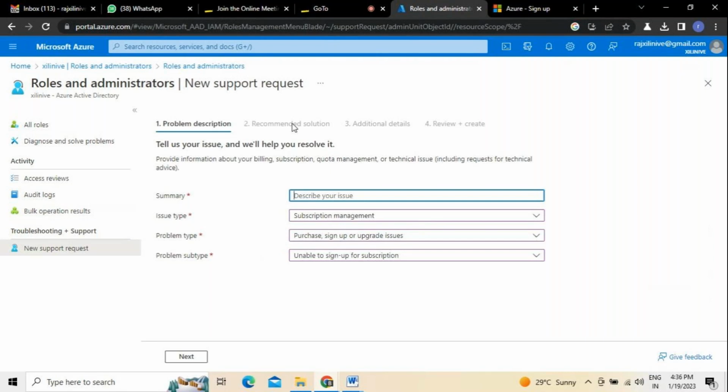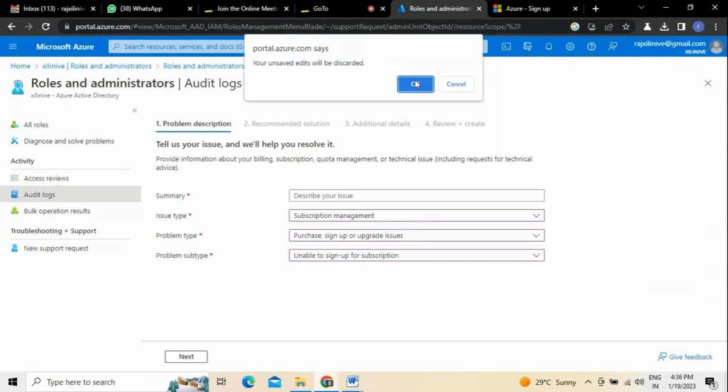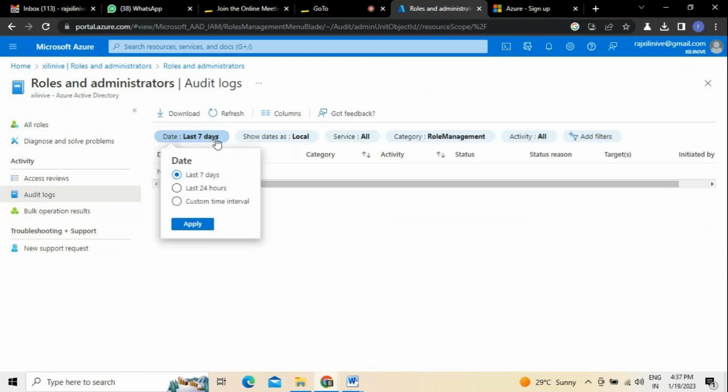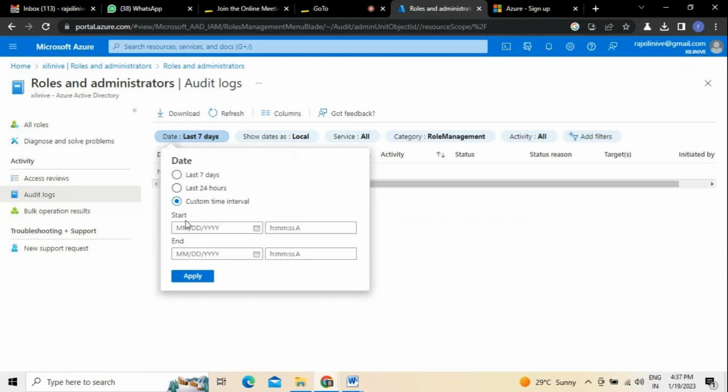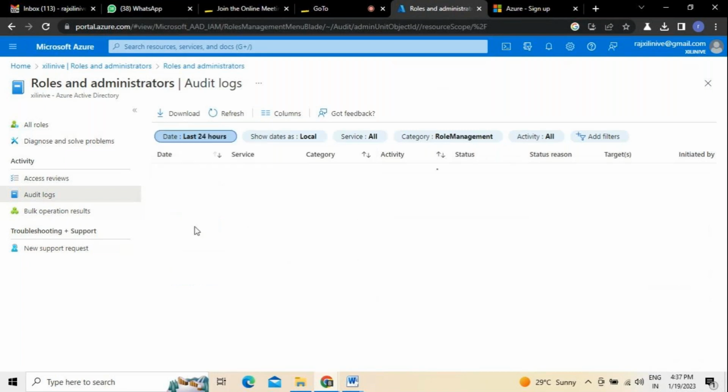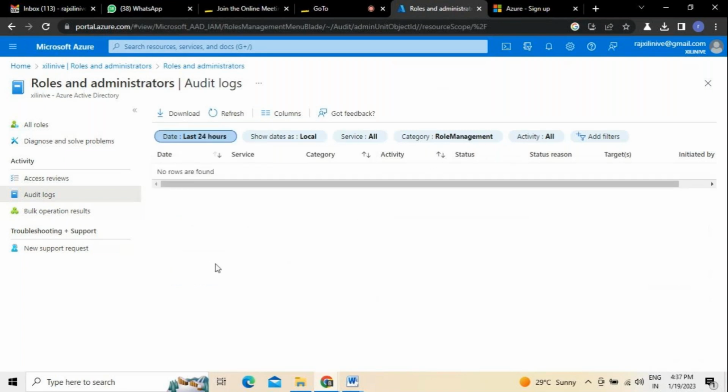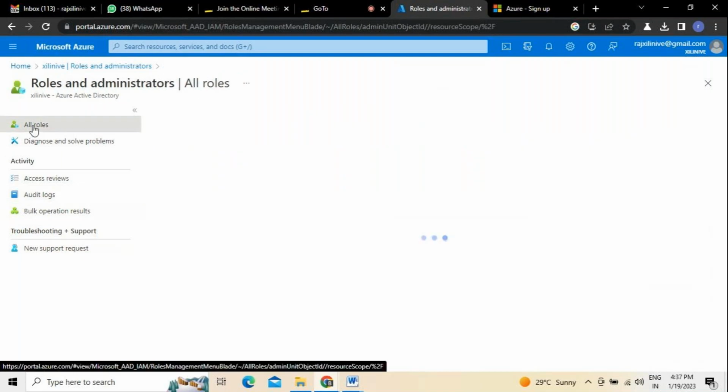So this is the overall administrative services on a high-level note, which I'm explaining in today's session: the roles and responsibilities you are going to perform as an administrator, how access reviews are to be performed, and how audit logs will be used accordingly in the last 7 days or the last 24 hours. All these things can be seen here. This is how the administrator roles and responsibilities in reference to Microsoft Azure are generally used in day-to-day activities.